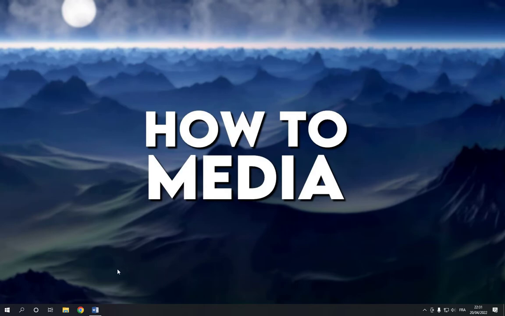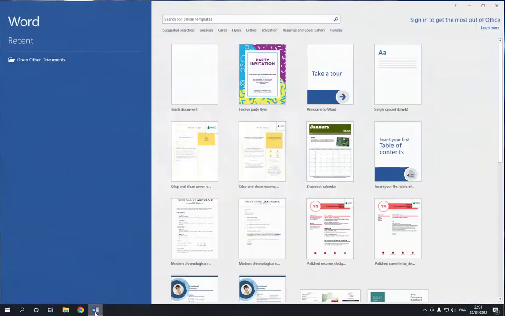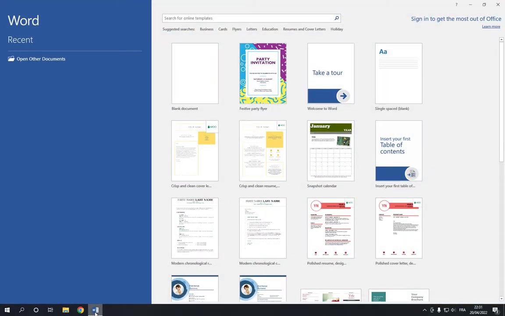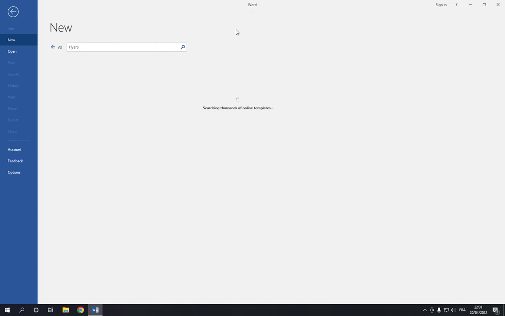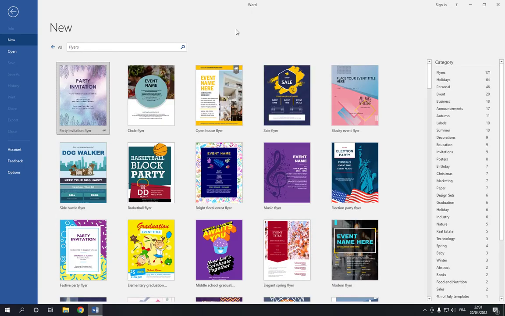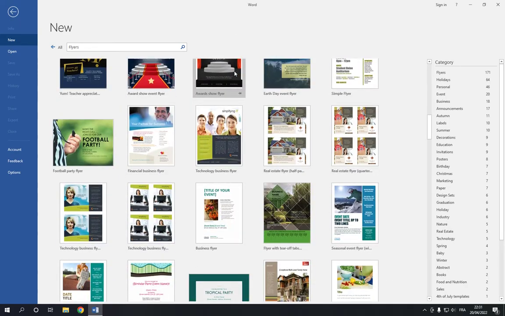So the first thing you have to do is go to Microsoft Word. This is it. Now this is the home page, as you can see. All you have to do is go to the top right here and click on this flyers option. After you click on flyers, it will take you to this page, and here you will find thousands of